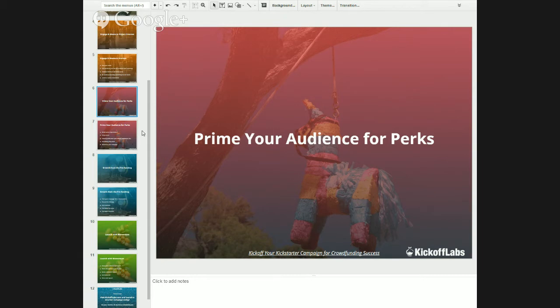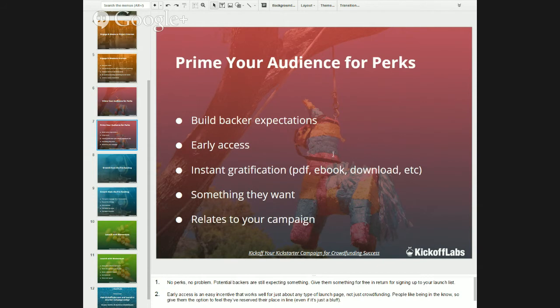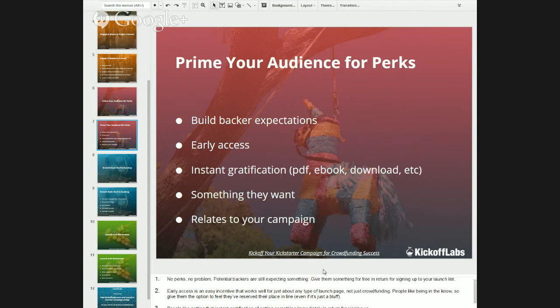But how would perks work before the actual crowdfunding campaign? Backers have come to expect something in return. So you're going to have to give them something for free, just for signing up to your launch list. And it's no problem. If you don't have any perks yet, if they're still in the works, no problem. You can still offer something. I'm going to be going through some of the valuable things